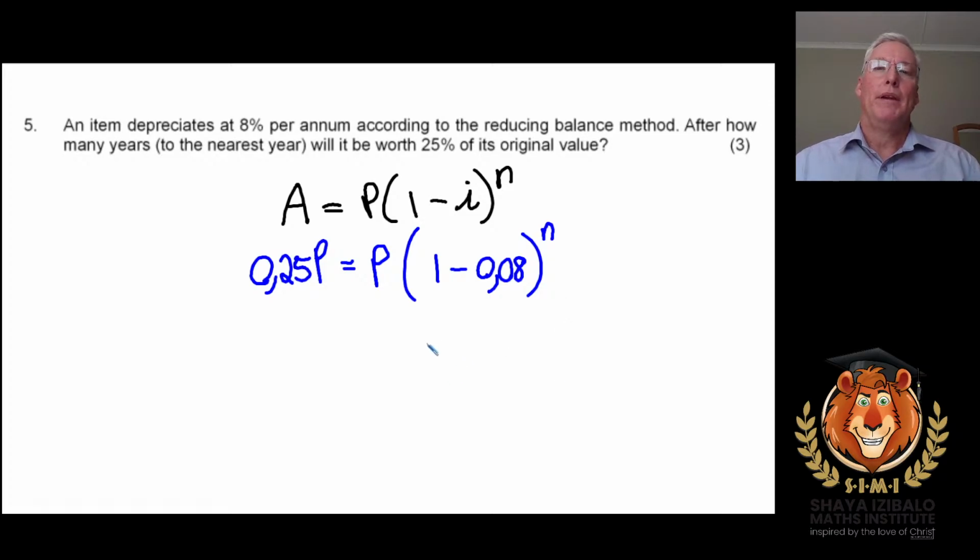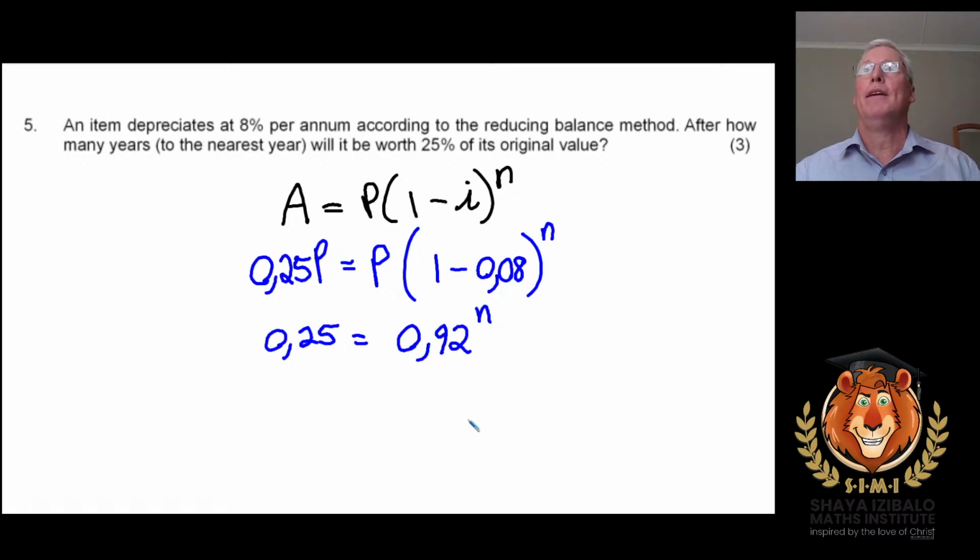Now, you'll notice that the P doesn't actually matter because the P will divide out. So what we end up with is a quarter on the left-hand side, irrespective. If we'd used 25 Rand depreciating from 100 Rand, we would have got a quarter. If we'd used 8 Rand here and 2 Rand here, we would have got a quarter. If we'd used 4 Rand here, or even 4 cents here, 1 cent here, we get a quarter. So now we've got 0.92 to the power of n, and we are now solving an equation that involves